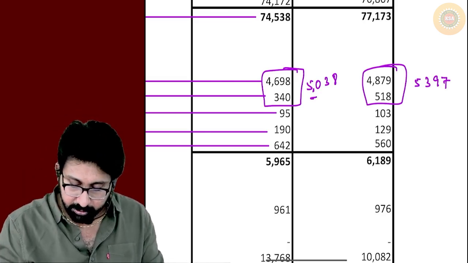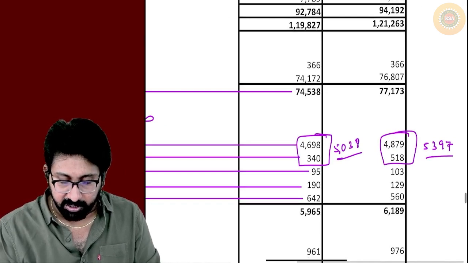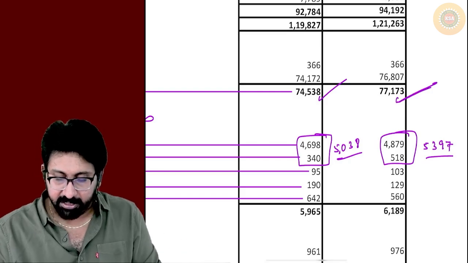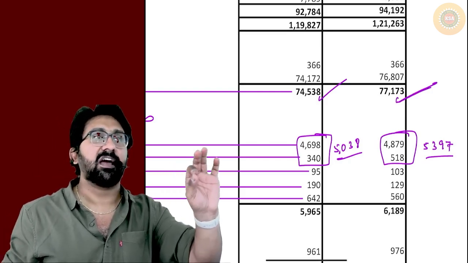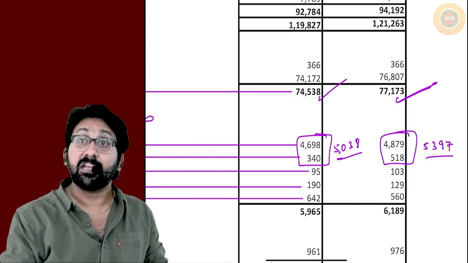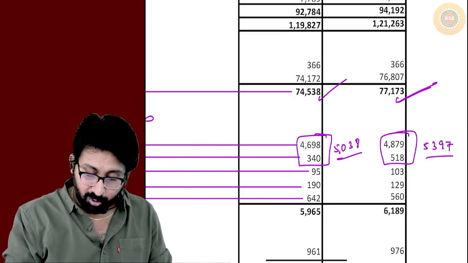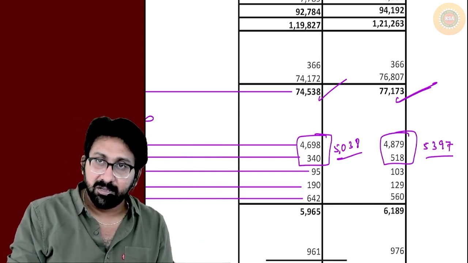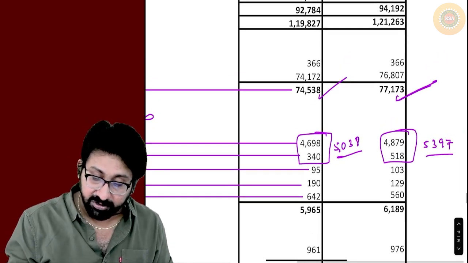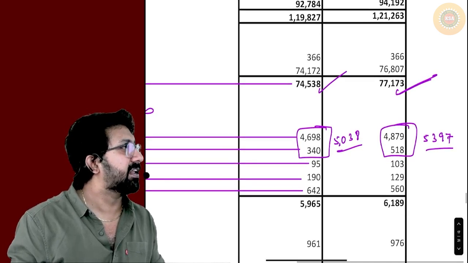Very good. So this is the situation of my company. Now tell me, equity, had they given the amounts or not in the question? Yes. How much? 74,538. Next one, 77,173. First of all, understand this company has the highest level of liquidity as well, because there is the least interest cost. If you observe clearly, total debt is only how much? 5,000 over 74,000 of equity. 5,300 over 77,000 of equity. The debt equity ratio is very, very negligible.